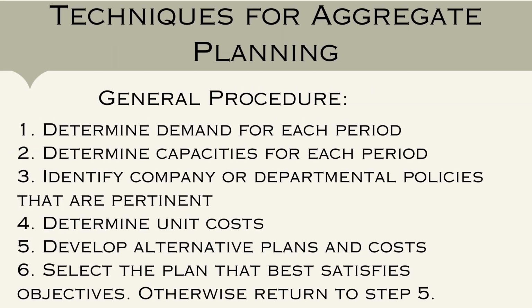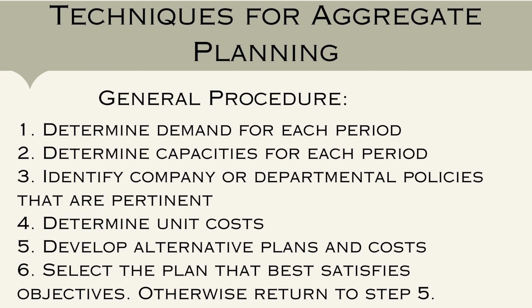The next topic is the techniques for aggregate planning, the general procedures. The first is to determine the demand for each period. This involves analyzing historical data, market trends, customer forecasts, and other relevant information to understand the anticipated demand patterns. The second is to determine the capacities for each period. This may include assessing the workforce availability, equipment capacity, and other resources that impact the company's